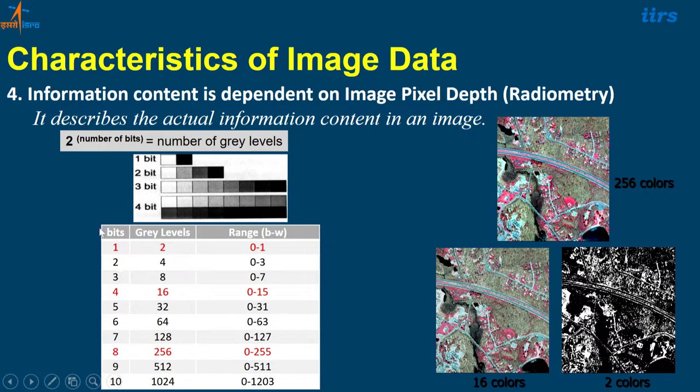If you see here, the number of gray levels depends on a formula: 2 to the power of the number of bits. If I say my data is 4 bit, then 2 to the power 4 means 16 basically. So 16 colors I will have for one pixel. There are so many pixels, so I can have multiple variations of those colors in that image. You can see here, I am not able to get a clear picture of different features because it is represented by only two colors, whereas here it is represented by 16 colors. Here the representation is of 256 colors.